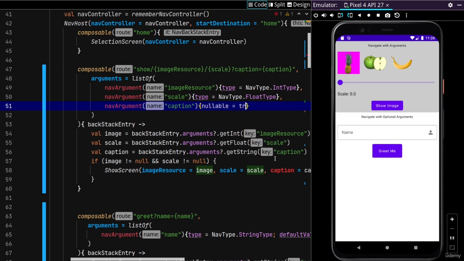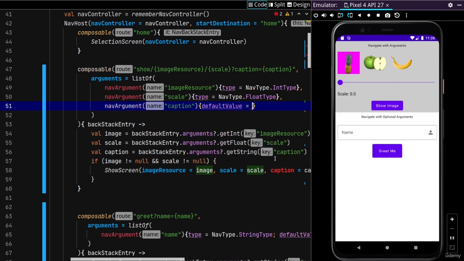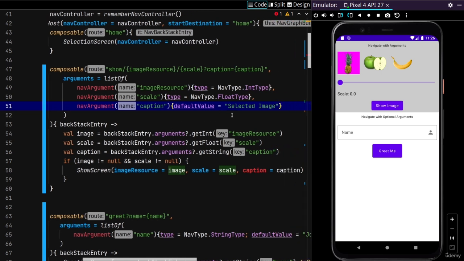Nullable, true. I can do this, which I'm not interested in. I don't want to work with null, and I don't want to pass in a null parameter, so I use a default value. Selected image. I use the default value of selected image to pass,